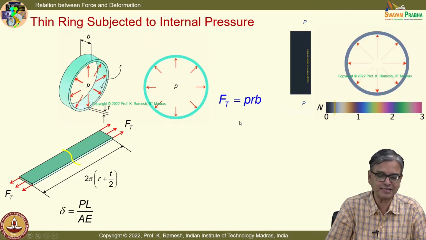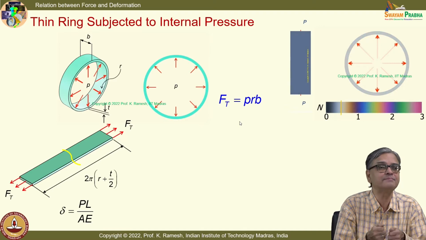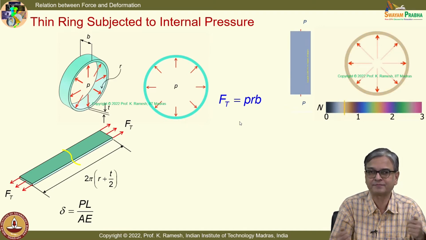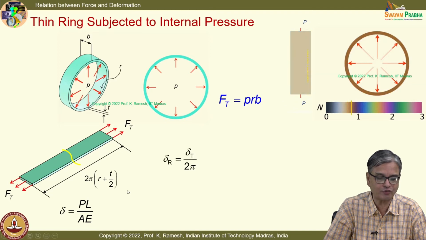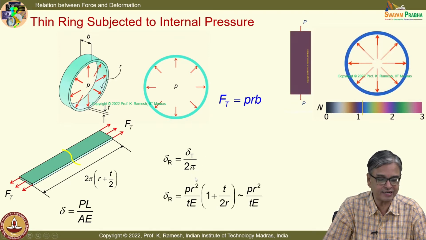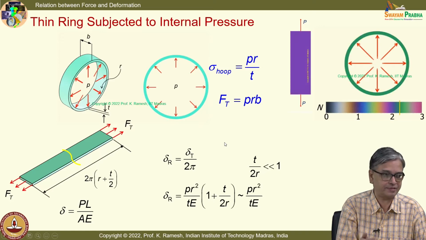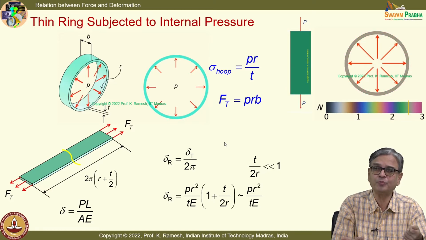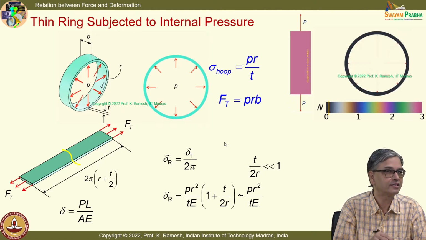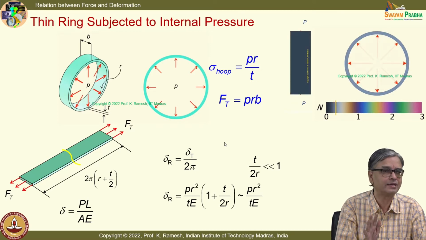And there is also a very famous expression for extension in simple tension, delta equal to PL by AE. So, if you use that, you are in a position to find out the elongation of this strip, and you can also find out the radial elongation as delta t by 2 pi. We have got this expression. And what is more important from the stress analysis point of view is, you find out the stress developed. You also say that this is a hoop and you have this value as PR by T, you simply call this a hoop stress. So, we were able to solve a simple problem. But